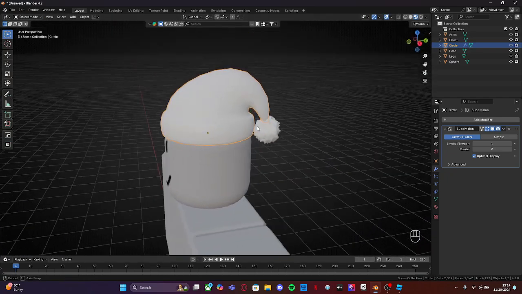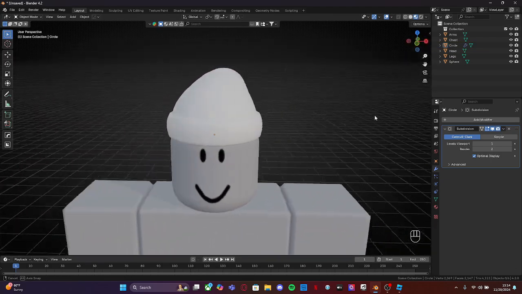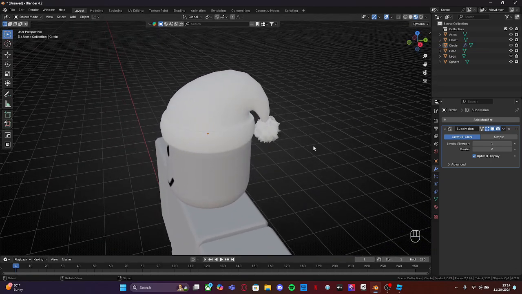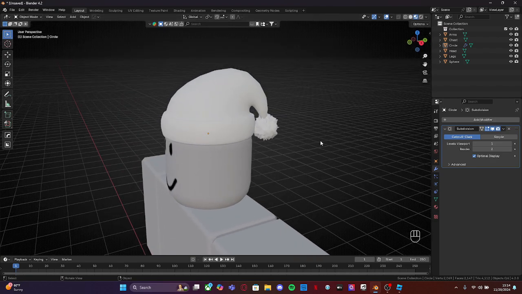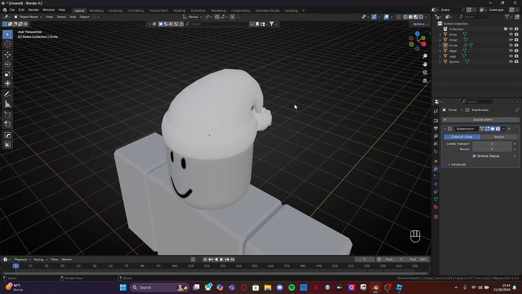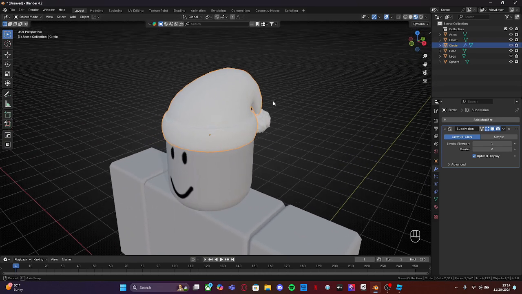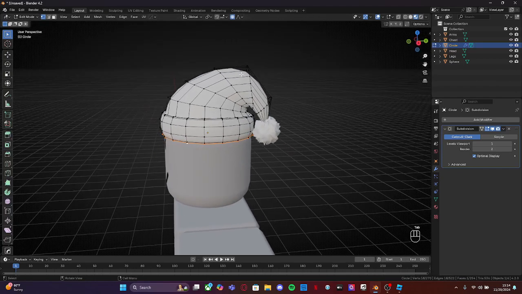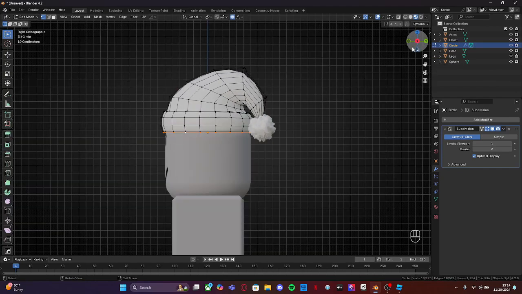Awesome. Now what we're going to do is section off the hat so that we can apply our textures. I'll put the textures that I use down in the description below, and you guys are free to use that texture. So what we're going to do is go into our edit mode and go into our side view,